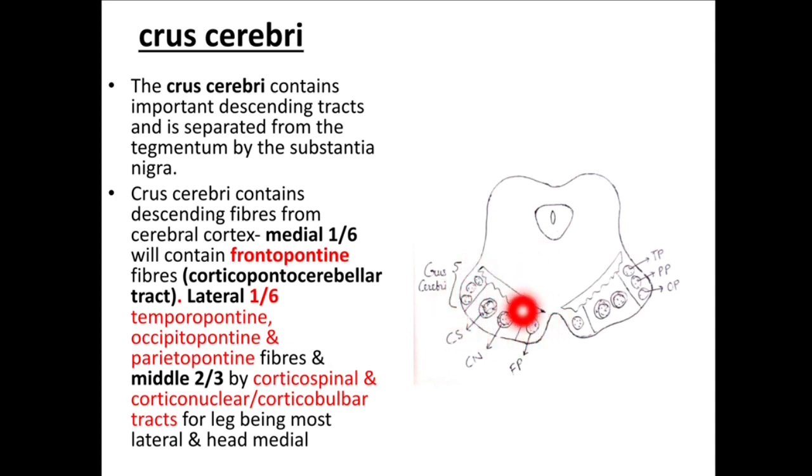It contains descending fibers from the cerebral cortex. The crus cerebri is divided into medial 1/6 part, middle 2/3 part, and lateral 1/6 part. The medial 1/6 part contains frontopontine fibers, fibers arising from the frontal lobe of the cerebral cortex,